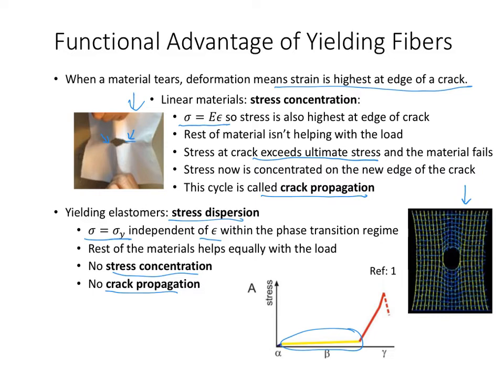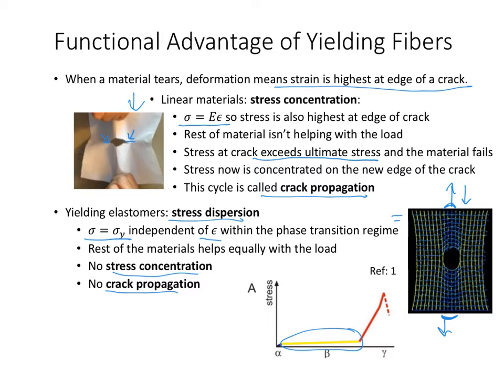The image we show here are molecular dynamic simulations performed by Marcus Buehler's group, and the Akbara reference from the previous slide. And they're showing here in yellow all of the fibers that are in that yielding regime, whereas those blue ones that are mostly across, in this case they're pulling the fiber uniformly across the top in this position. So the fibers moving this way have no stress on them. They're still in that linear range, as well as the fibers that are here in this region around the crack or the tear in the material,